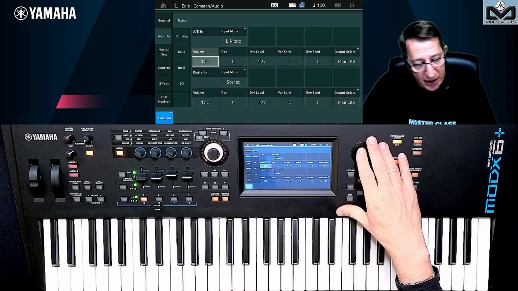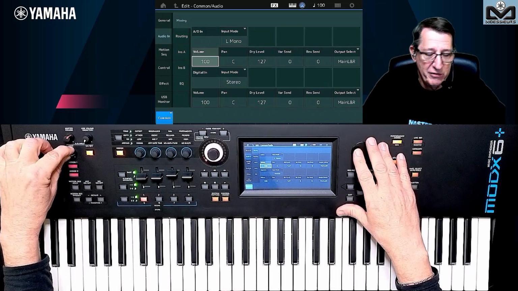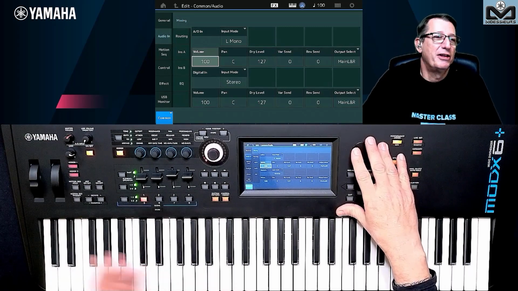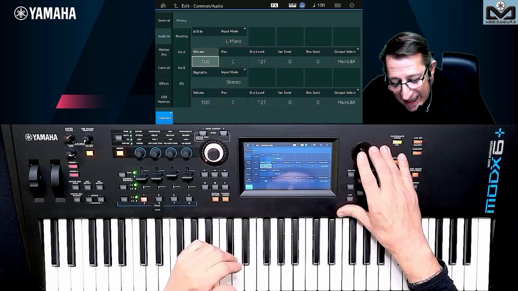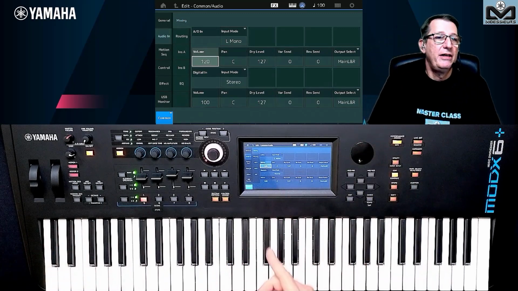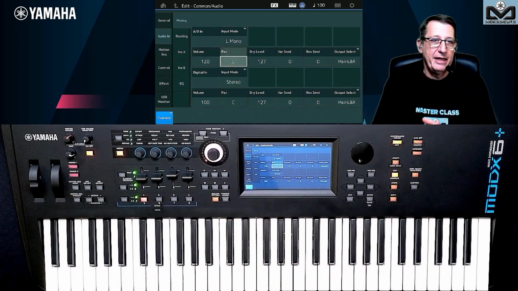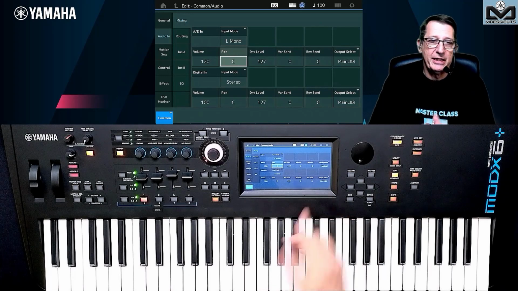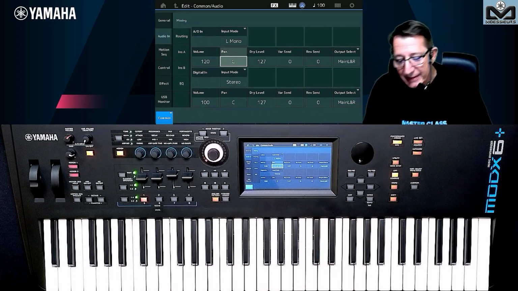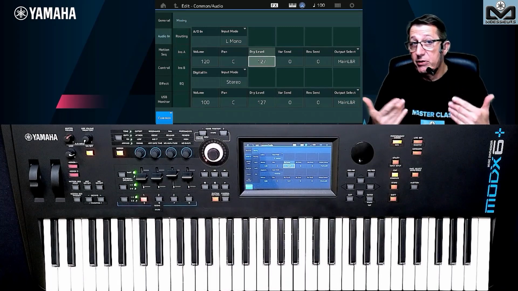So for me, I know I need to add the gain here because this microphone is more for instruments, but I like this one. This is the first one I bought, so I like it. And I know by experience, I can go to a level of 120. Here you can set the pan, and I will explain an important thing when I go on the last setting with the pan. The dry level is the level for the microphone without FX.